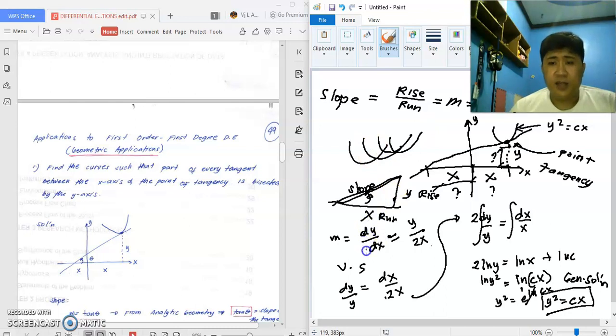In differential calculus and equations, slope is represented by dy over dx. In geometry, it is represented by tangent theta. In algebra and trigonometry, rise over run, and also analytic geometry. So from here, we have to get because we